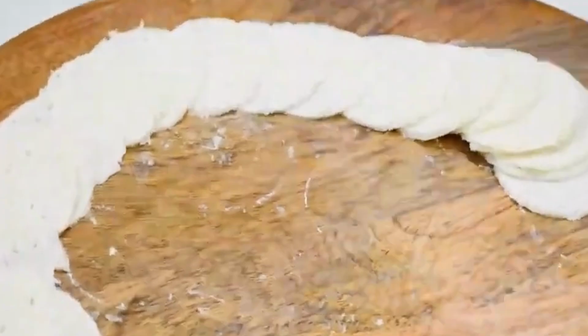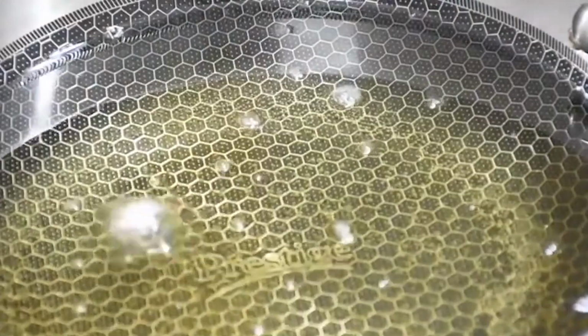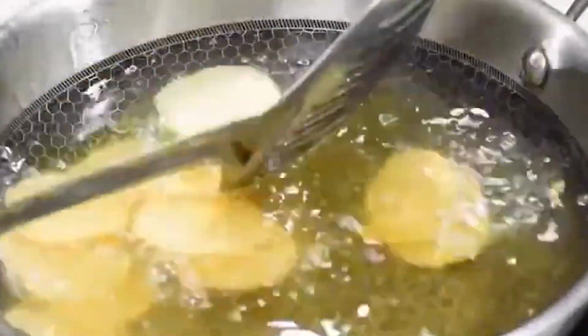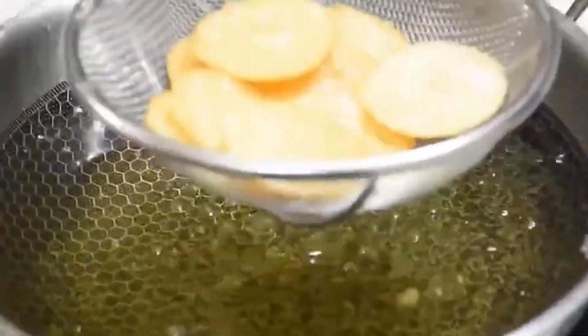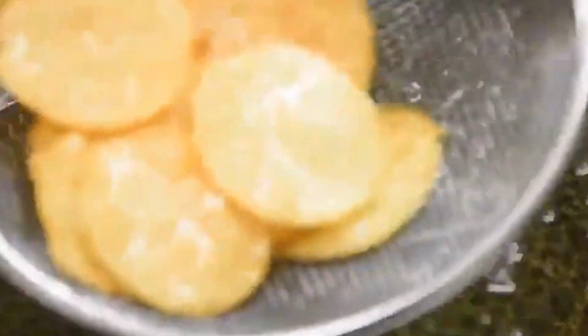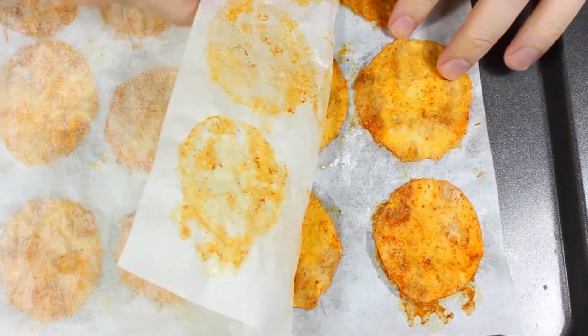Heat a generous amount of oil in a deep pan over medium heat, allowing it to reach the perfect temperature for frying. Carefully lower the potato chips into the oil, watching as they sizzle and transform into a delightful golden hue, becoming irresistibly crispy. Once they reach that ideal texture, use a slotted spoon to remove them from the hot oil and place them on a layer of paper towels, which will soak up any excess grease and ensure they